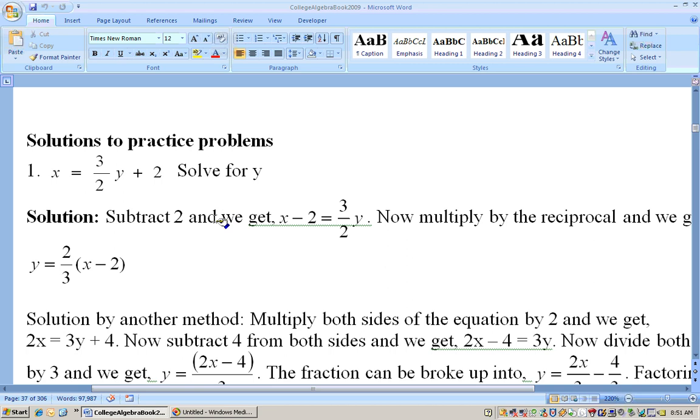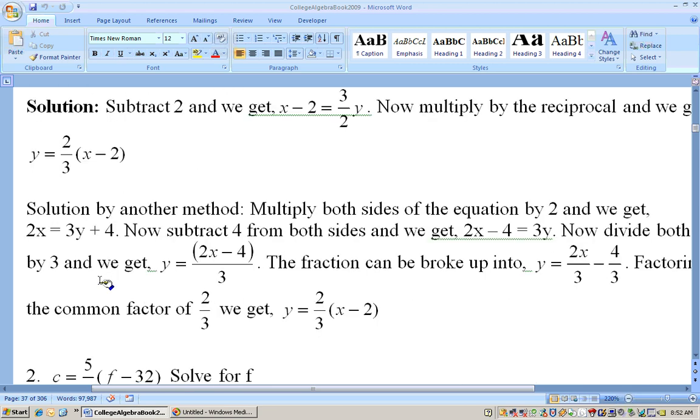Okay, this is on literal equations, solving an equation for another variable. And on this problem, we're supposed to solve this equation for y. What I would do is first subtract the 2, and we get x minus 2 equals 3 halves y. Now multiply by the reciprocal of 3 halves, which is 2/3, and so we'd have to multiply both sides by the 2/3. That includes that whole side over here. The 2/3 cancels out the 3 halves next to the y, and we just get y equals 2/3 times x